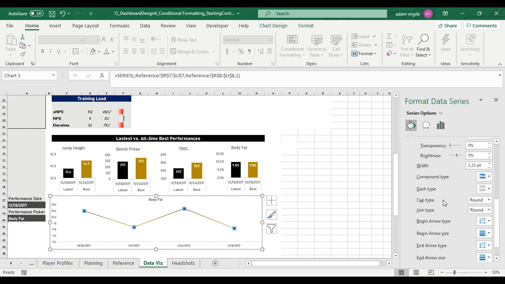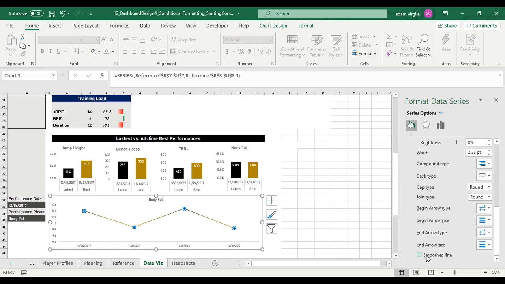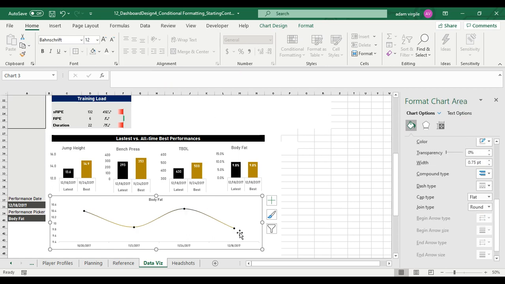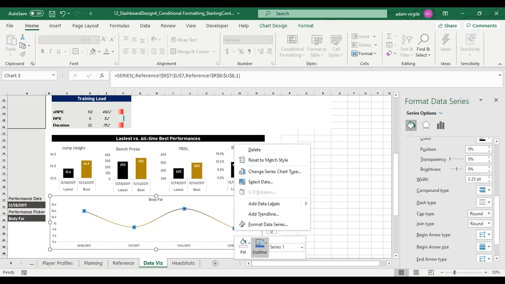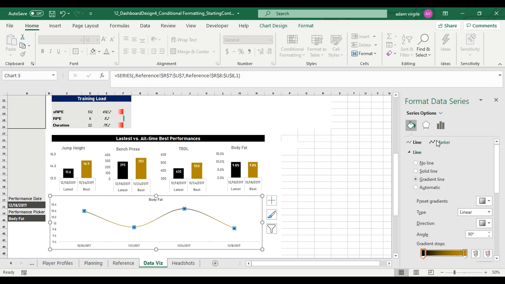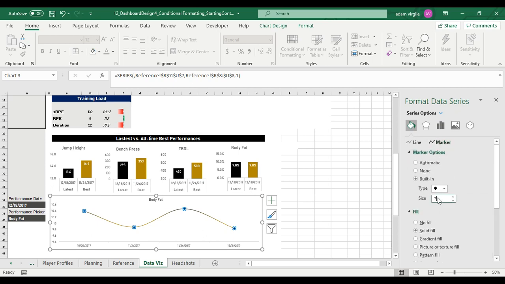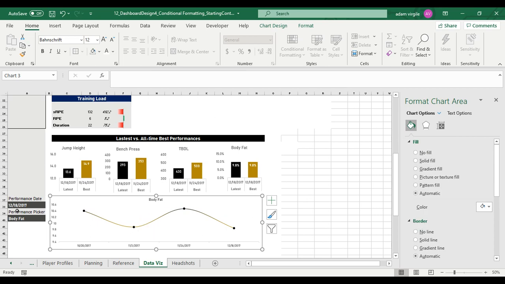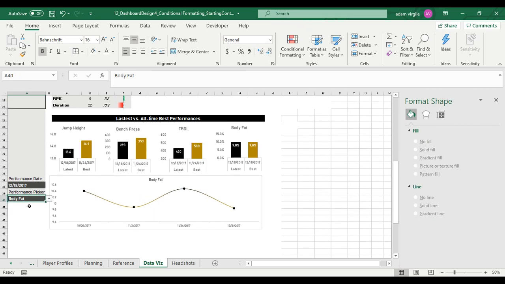I like smooth lines, and if you go to the end here, you can kind of make it smooth, and then it gets all wavy and stuff. Maybe make the markers even bigger for my data series. I'm going to go to the markers right here, marker options. Let's make it 9, a little bit bigger. Cool. And now, again, remember, let's make this gray all the way down to the last